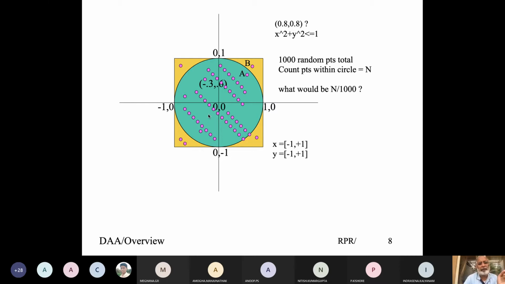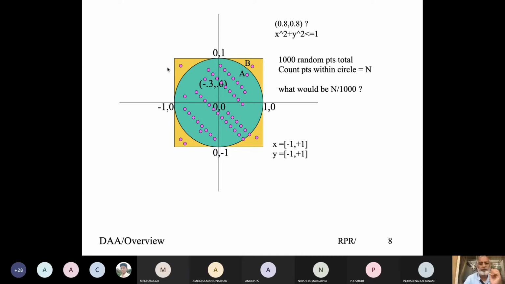Out of the 1,000 points, I look at all those points that satisfy x square plus y square less than or equal to 1, and let that number of points be n. So my value n approximately equals the area of the circle, and 1,000 approximately equals the area of the square. Is that point clear? Do you understand that?